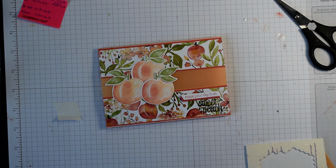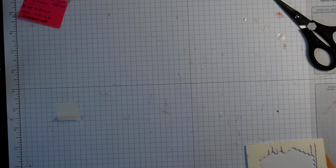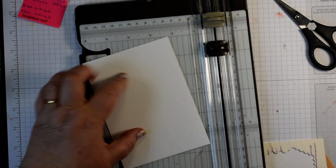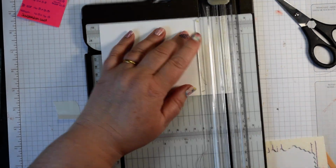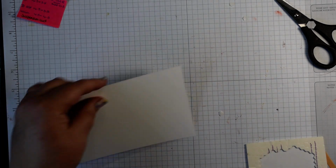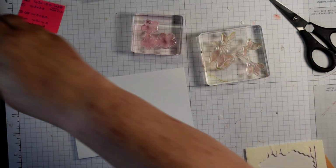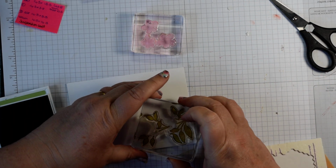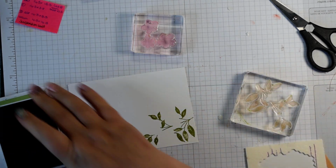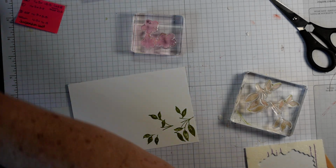And then for the card, to decorate the inside, all I've done is I've just taken a piece of Whisper White, and you just want to trim that down to 14 by 10. And then stamp those lovely leaf spray and the flowers. So I'm just adding the leaf spray, adding those flowers in our peach,